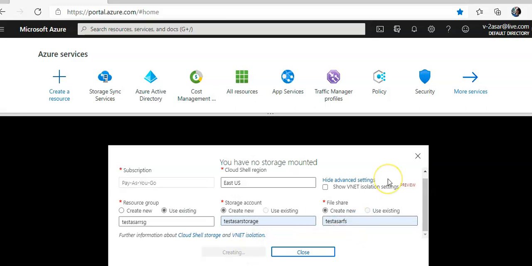It will create a storage account for me so that my Cloud Shell can run, because I will create the virtual resources using the Cloud Shell PowerShell commands. So it is creating.